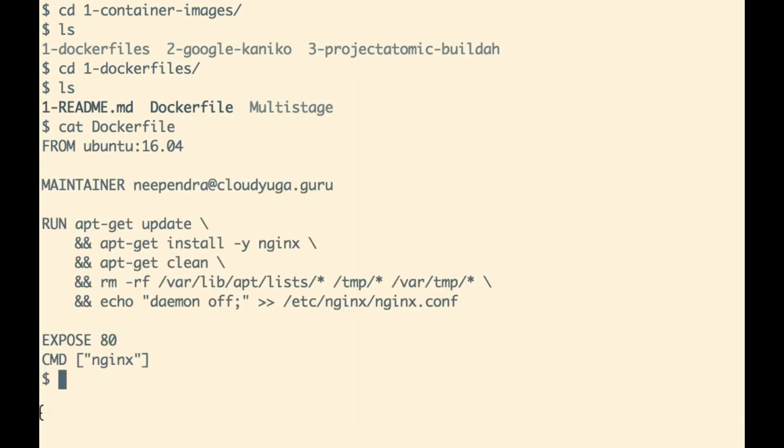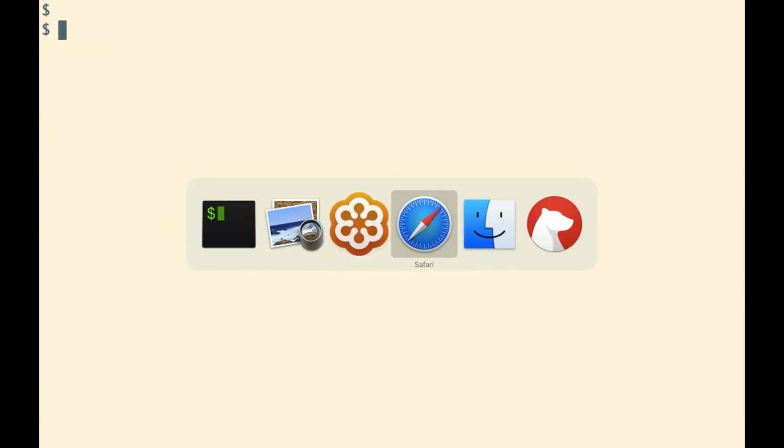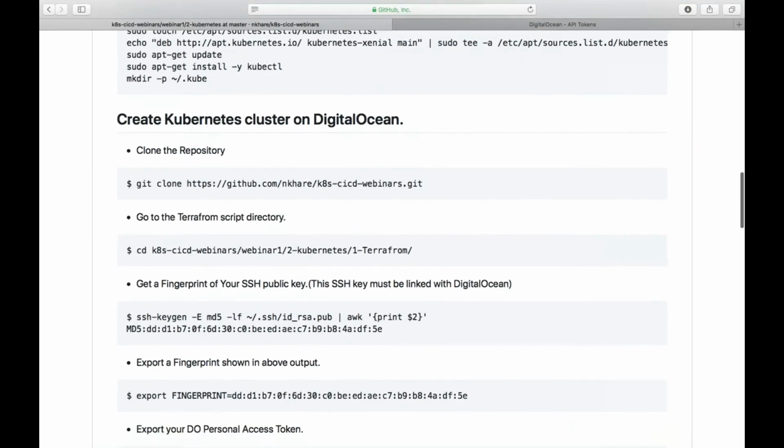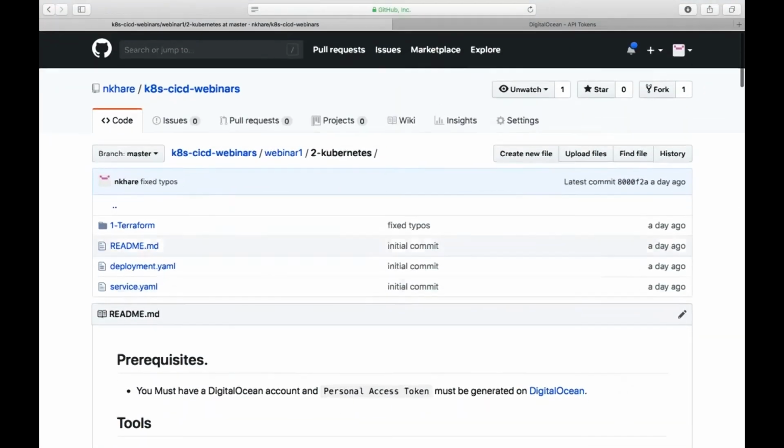And as we can see, in this Docker file, we have a few instructions. Like we'll use the base image of Ubuntu 16.04. We would then run a few commands to deploy Nginx on top of that, and then we make Nginx the default program to run, so that when we run the container from this image, our Nginx starts, right? Okay, so let's just copy the command to build the image.